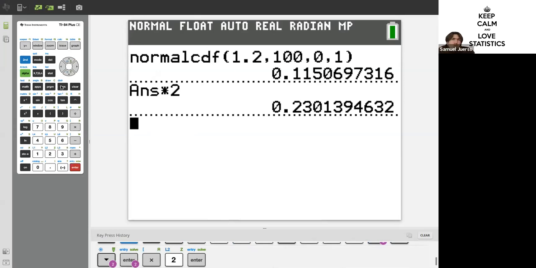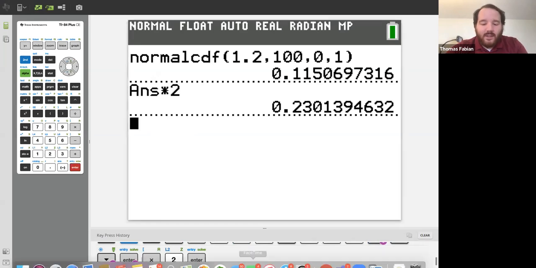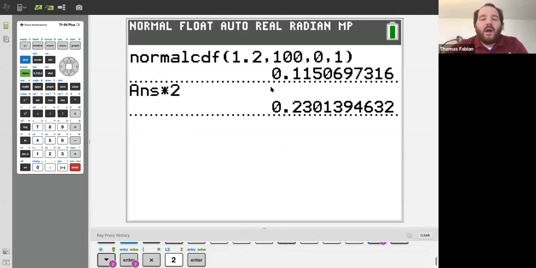How did you get 1.2? Because that was our test statistic. So the mean doesn't even matter? Well, no, I'm just finding the probability on a normal curve. So I'm going 0 and 1, it'd be the same thing as if I was looking at the table in the back of my book. Okay. Does that make sense, guys?